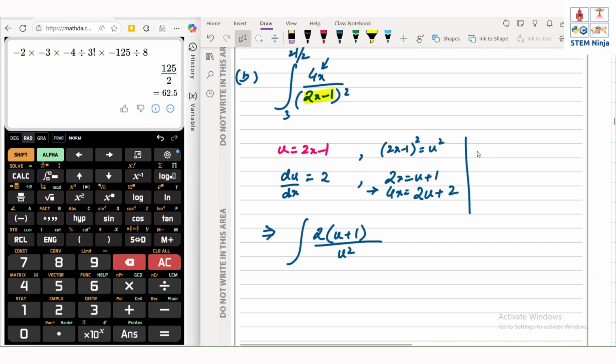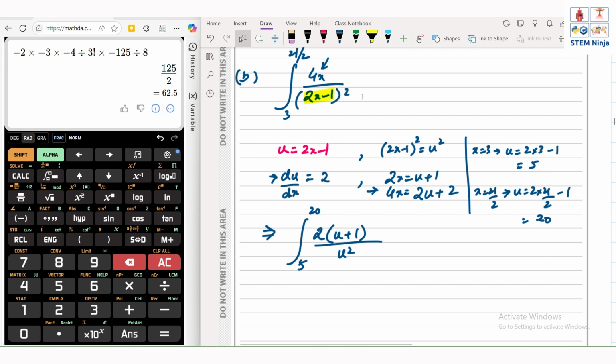So when x is equal to 3, u is equal to 2 times 3 minus 1, so 5. And when x is equal to 21 over 2, u is equal to 2 times 21 over 2 minus 1, so just 20. So from 5 to 20, and du